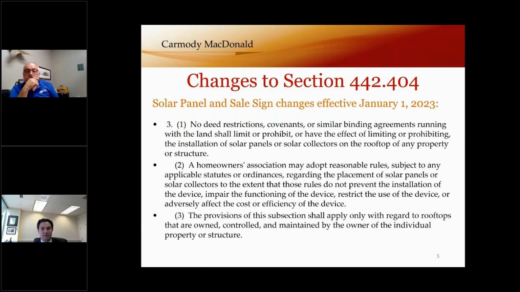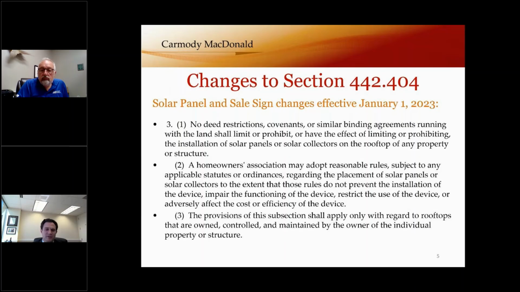But again, we have this coming down the road very soon in January of 2023, so now is a great time for boards to really go ahead and start figuring out what they want those rules to look like when this statute goes into effect. Because even with solar panel requests that you may be receiving now, it may be to the board's benefit to have a rule in effect that would comply with this statute, so that you can work with your owners rather than saying, well, here's the rule now, and we'll see it in 4 months.